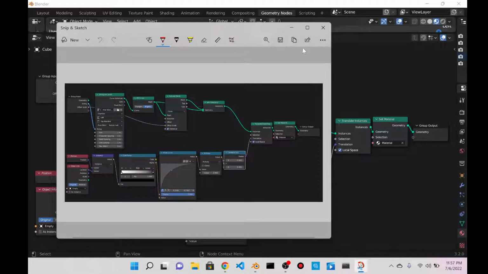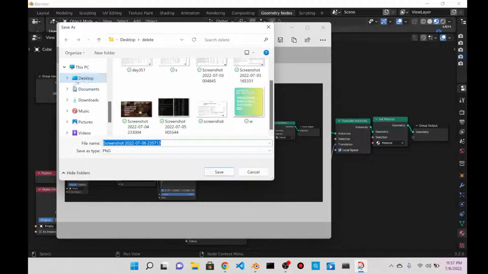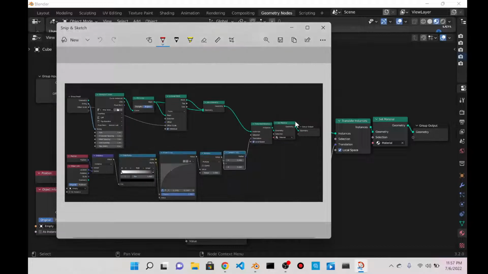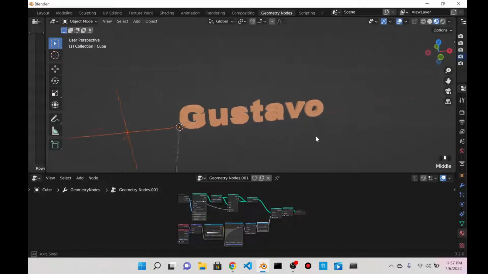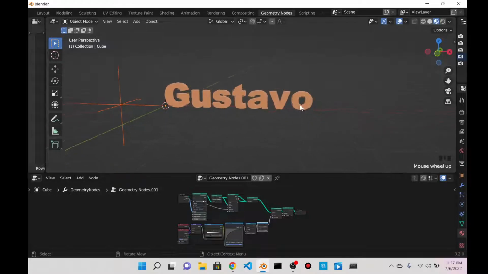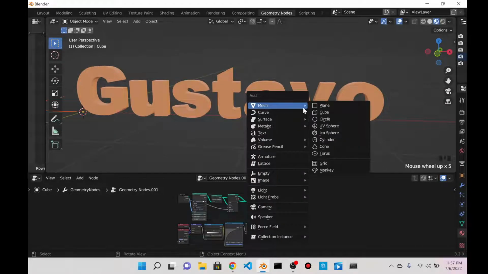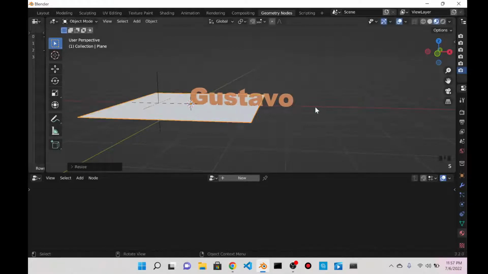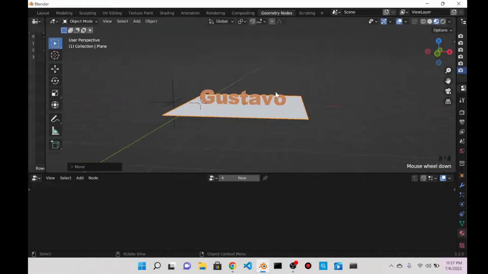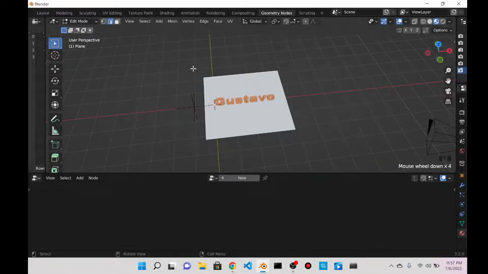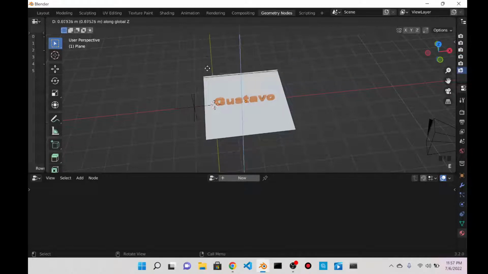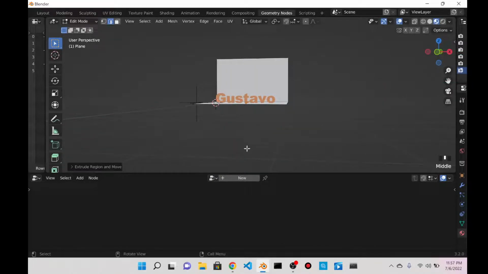And just do Control S and have that there in the delete for later. Okay, now to the rendering part. I'm going to do Shift A, plane, S to scale, G, X to move it on the X axis, which is the red axis. Tab to go into edit mode, edge select, which is this icon over here in the top left corner, select the back edge, E to extrude, Z to extrude on the Z axis, which is the blue axis, and then